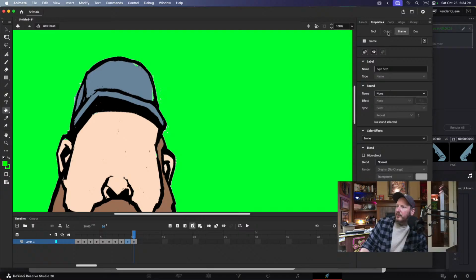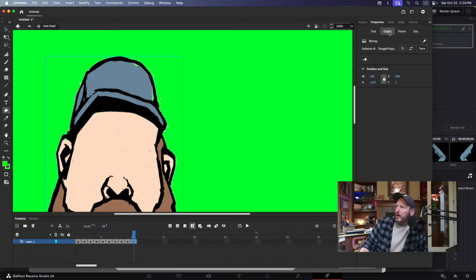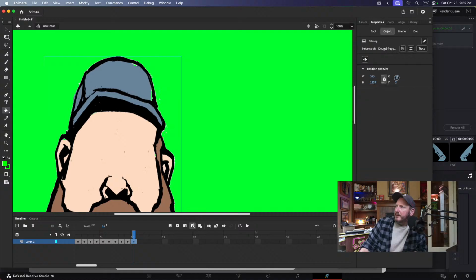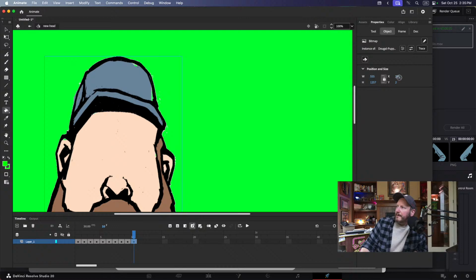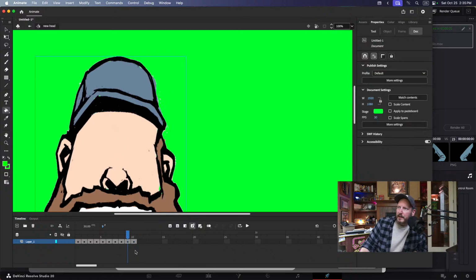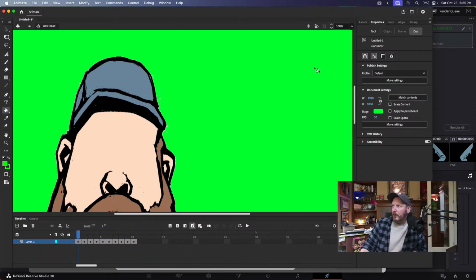Okay, just back a little bit. Object, this is 398. Make that 395. This is why we export them as full screen PNG, so we don't have to do this. That's off by a hair as well. 396. Perfect. Great. They're all in alignment.